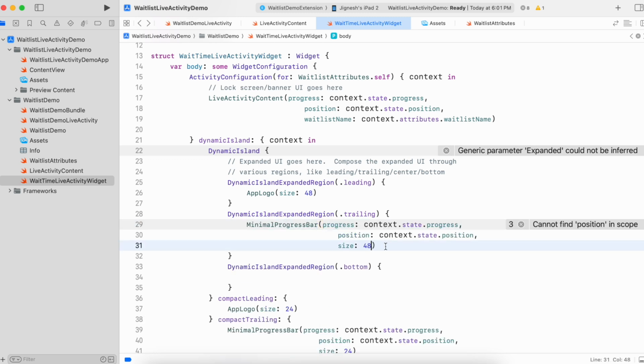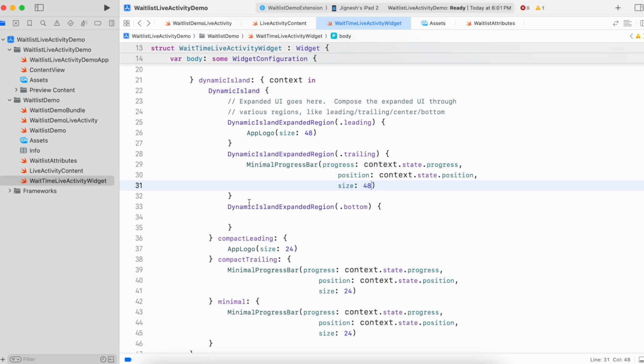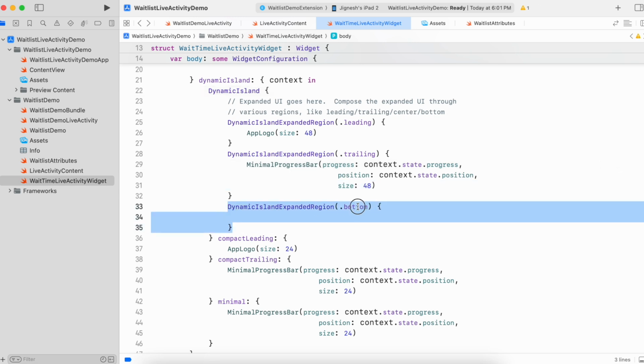So 48. As we have very little content for this demo, we'll not use a bottom area. Instead, we'll use a center part and simply put the text, your position,